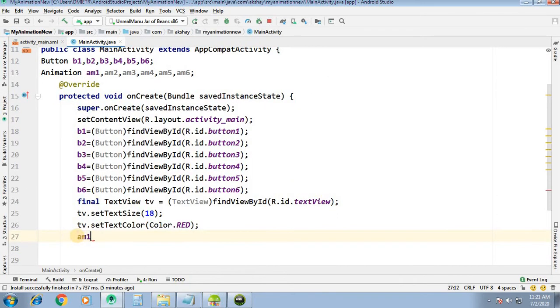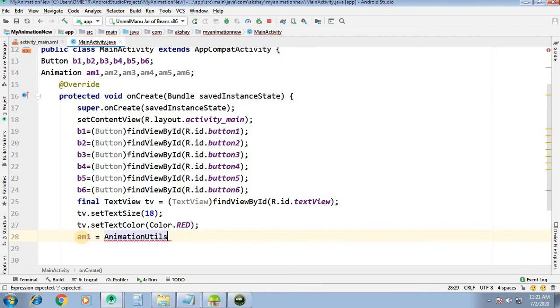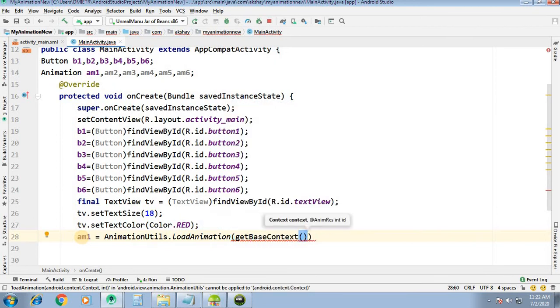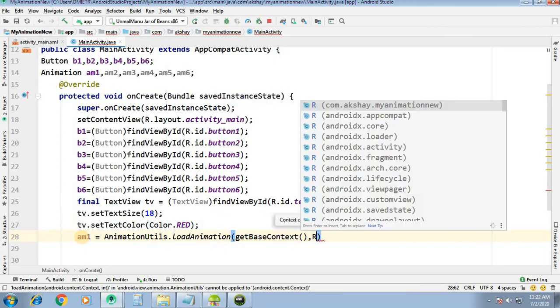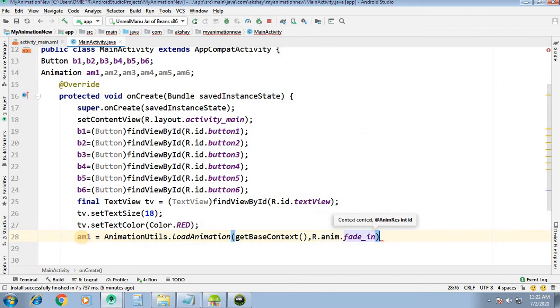So am1 equal to AnimationUtils.loadAnimation, in brackets we have to pass getBaseContext(), comma R.anim, the folder which we have created, anim dot, and now we have the fade in effect.